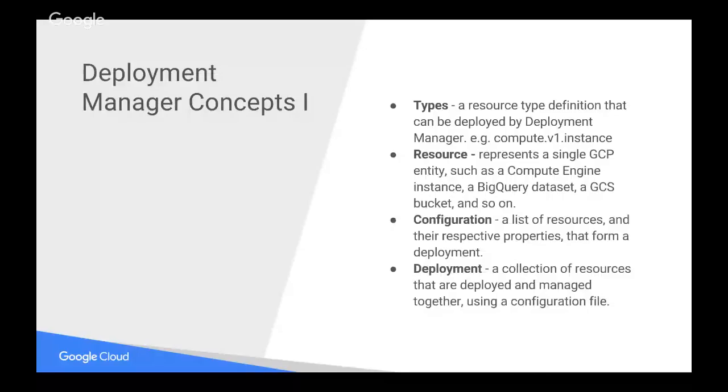So Deployment Manager, this is the fundamental set of things that it's good to know about. It has a notion of types. A type is basically a type of resource that could be deployed. Here we show a compute instance type, but really every single GCP service has its own distinct type. You then create instances of these type resources,